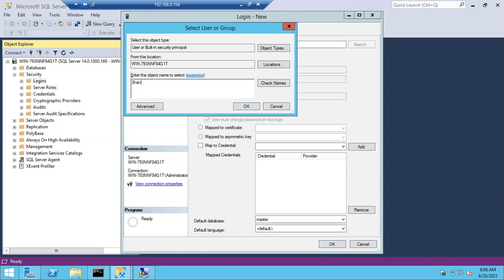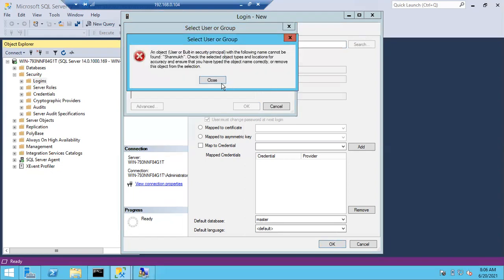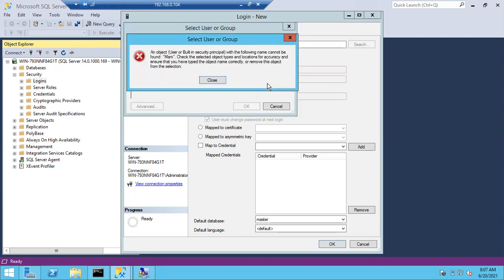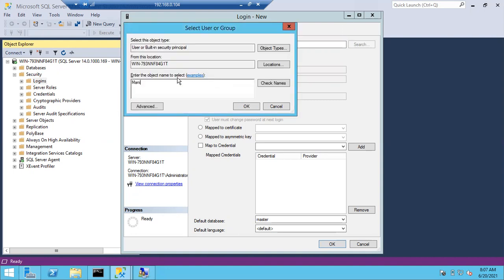In case I just type something like Shanmukh, I won't get the user. I'll get this kind of error. Why? My username is Sean. I just created a user as Sean. How can you create a Windows login with Shanmukh? The name should be the same, right? If the user is not created at the Windows level, I'll get this error. Here, as I created the Sean user, type Sean, check names, then you will get the